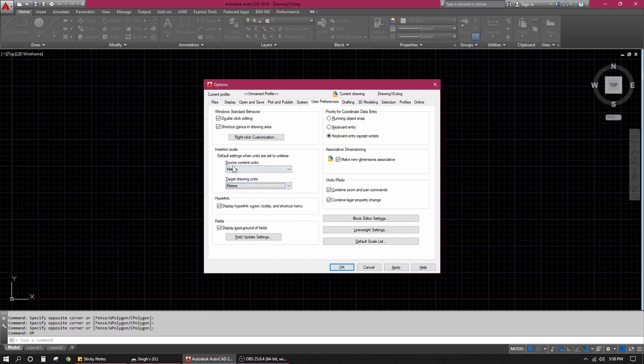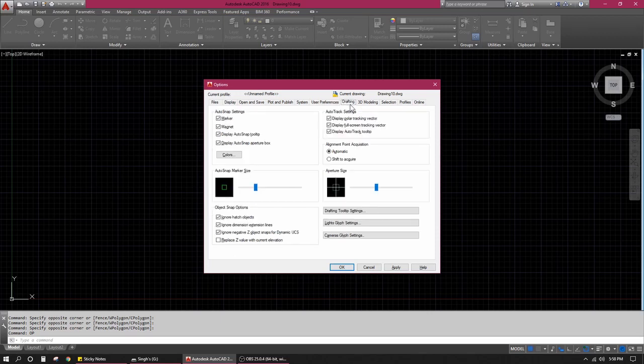Okay, so moving on, I go to drafting. Now, in case all of these are not selected, not checked, you need to check all 4 of these here and 3 of these here, because at times your auto snap box doesn't show. You won't be able to select points, you won't be able to snap, you won't be able to know where your selection is going, right? So you need to select all 4 of these, and you can alter the size of the pick box and the aperture size according to your preferences.